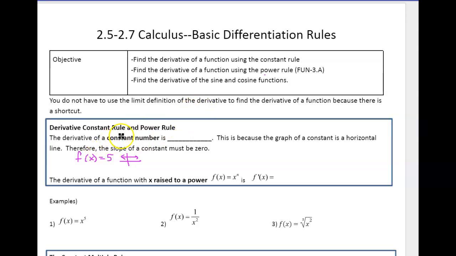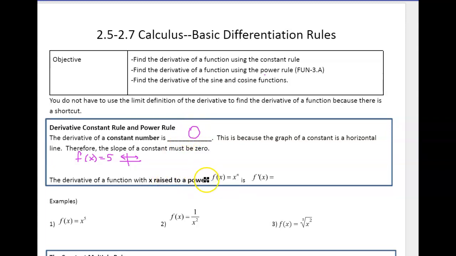So for a constant function like f of x equals 5, remember it's a horizontal line at 5, and a derivative means slope, so the slope of that line is 0, so the derivative of a constant number is always 0. Okay? Now, if we don't remember that, then we can actually use the next rule, which is called the